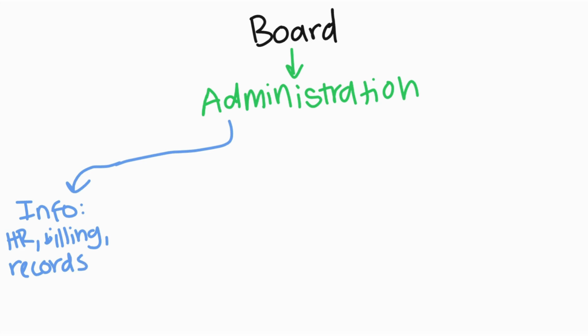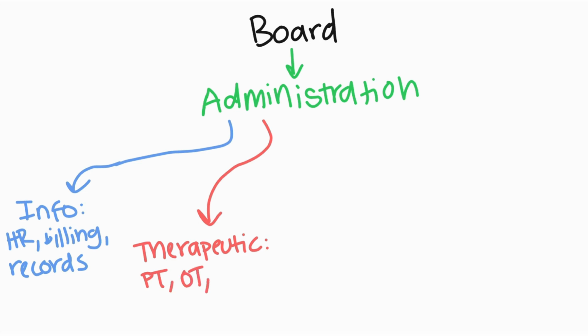Now, therapeutic are your treatment people. And this is where the sports medicine stuff is going to fall in. So let's write PT, OT, AT. You're gonna have your nurse, doctor,